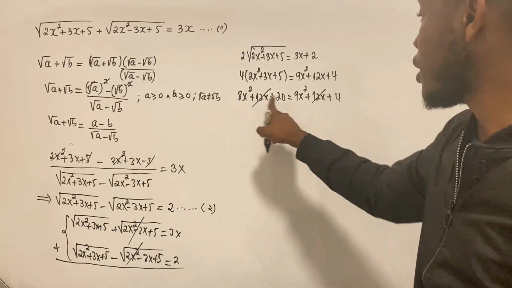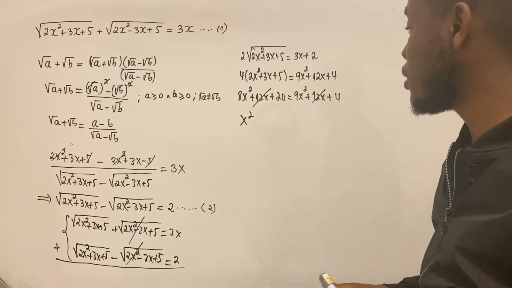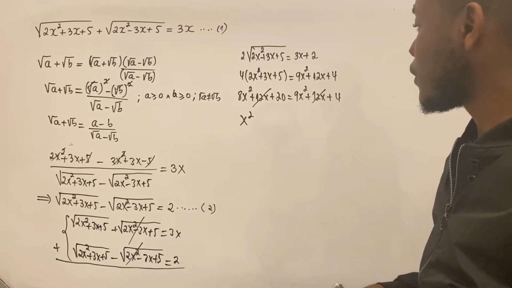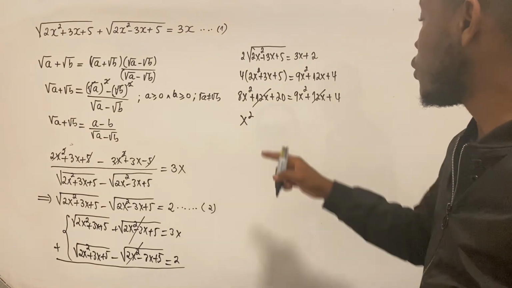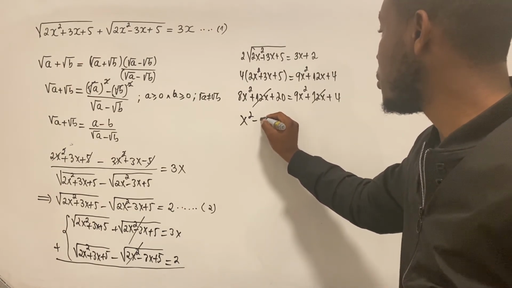These 8x squared can come this side subtracting. We will have x squared because 9 minus 8 is just 1. So this 20 can come this side, will be 4 minus 20, which will be minus 16